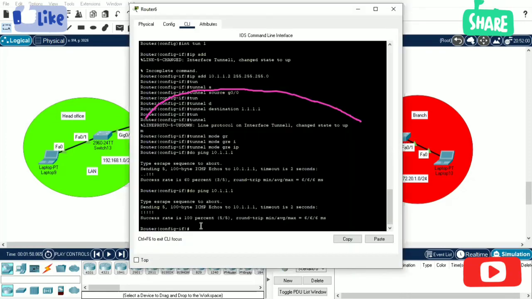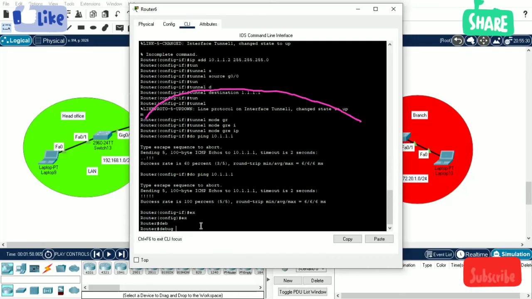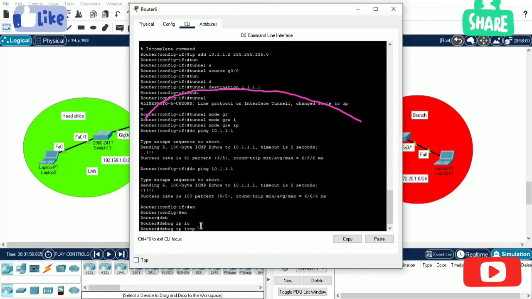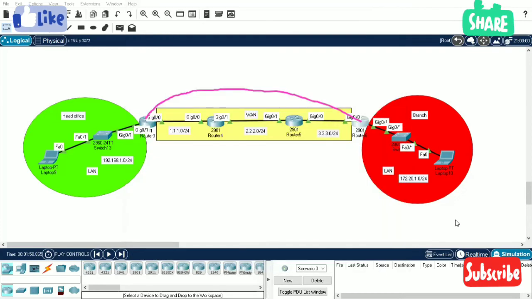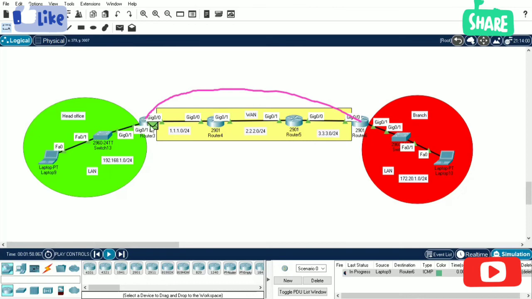But what I'm going to do is show you how our VPN tunnel will be working. Debug IP ICMP. So I'm going to debug. Let's see the traffic between our local area network and the edge router. Here is an ARP request. I think it's not. No, it's ICMP. Okay, let's initiate the traffic. Default gateway and operation on a different subnet. So going to the default gateway. Now default route to this router, then default to this router, then directly connected.